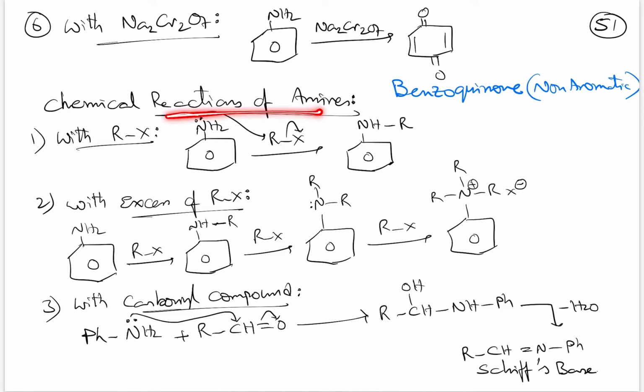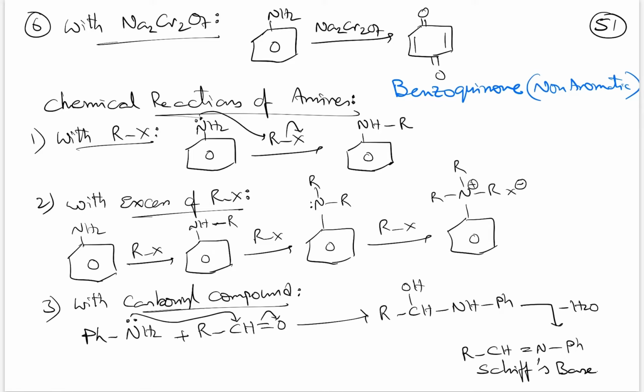And then chemical reactions of amines. In general, when aniline is taken along with alkyl halide, aniline acting as a nucleophile will substitute X minus and form an N-alkyl aniline, and then with excess alkyl halide, the reaction will happen repeatedly. Whatever N-alkyl aniline is formed will again react with alkyl halide to form a tertiary amine, which will undergo an addition reaction with one more alkyl halide to form a quaternary ammonium salt.